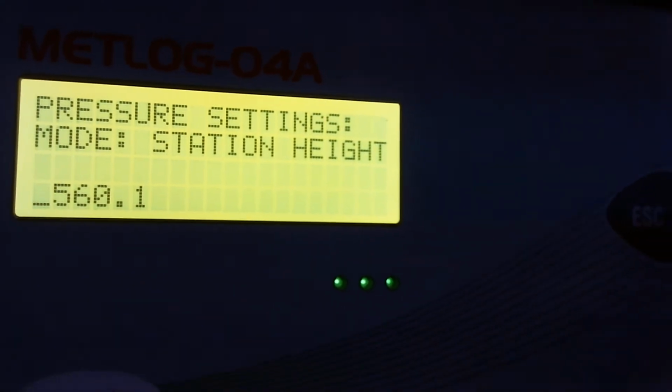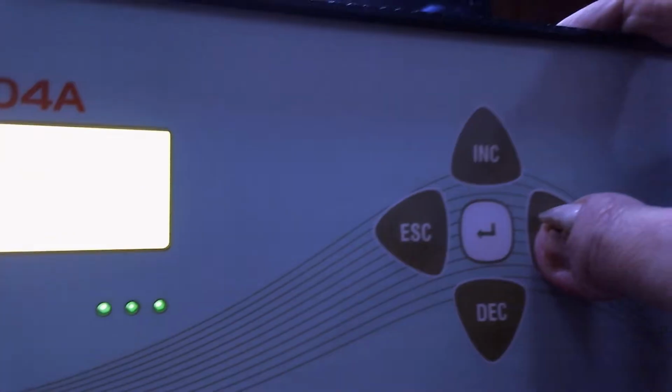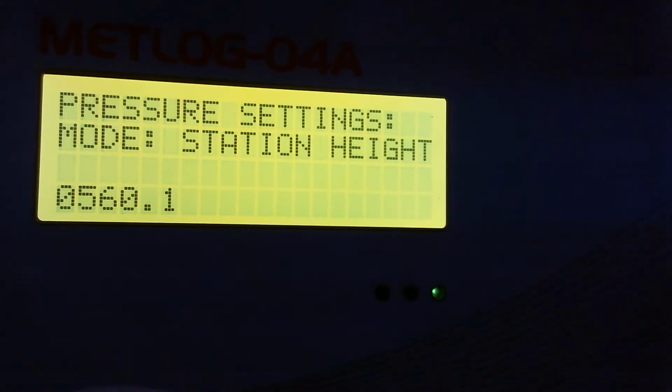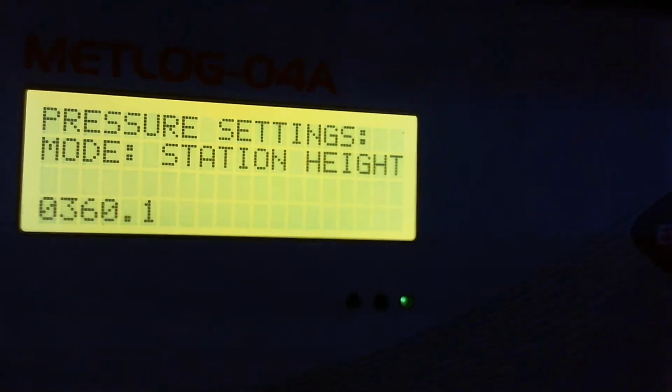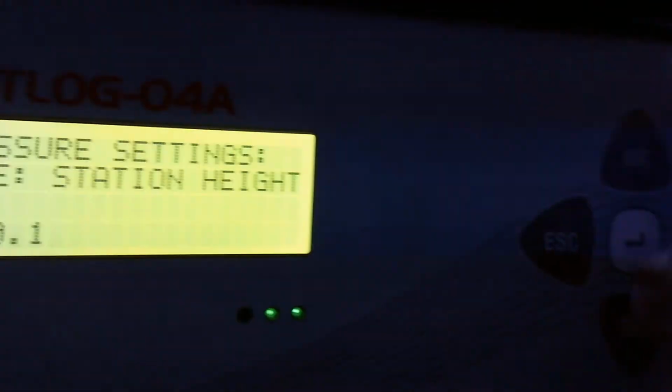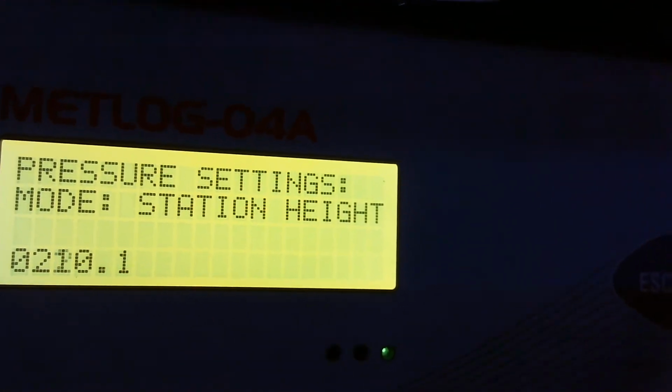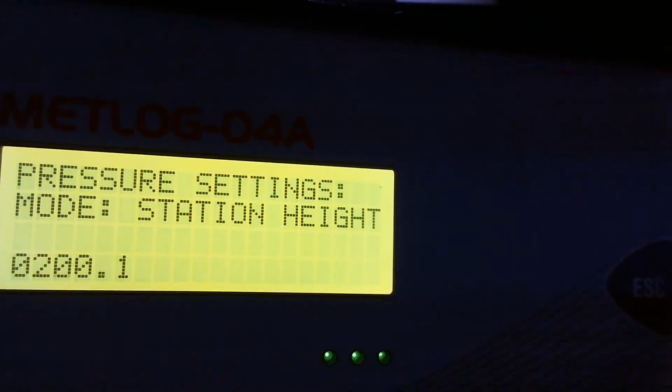To change it, again I have told you, make use of this select button so that the next digit will start blinking. Then if you want to change it to 200 like this, you can change. Then make use of this select button, then the third digit will also change. So it has become now 200. Like this you can change.